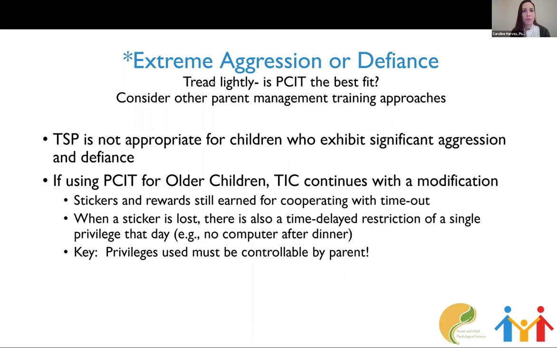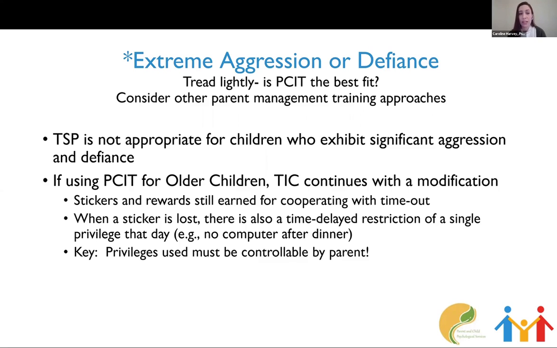So really briefly, for those kiddos that are extremely aggressive, extremely defiant, we do want you to tread lightly here. Is PCIT the best fit? Maybe consider alternative parent management approaches. If you are going to continue with PCIT with older children for this subset of aggressive kiddos, what we recommend is staying in TIC, timeout incentive chart, with a slight modification.